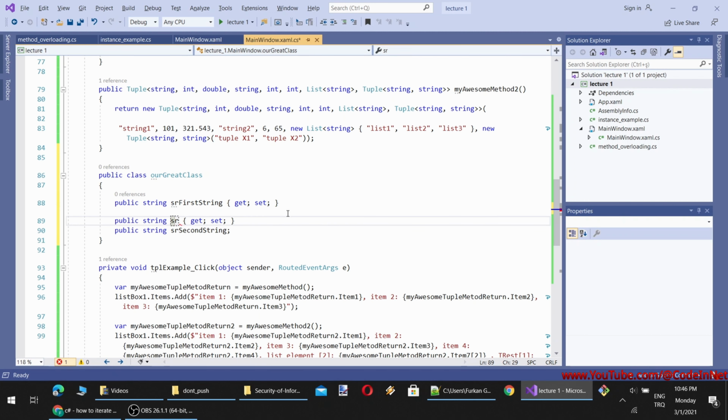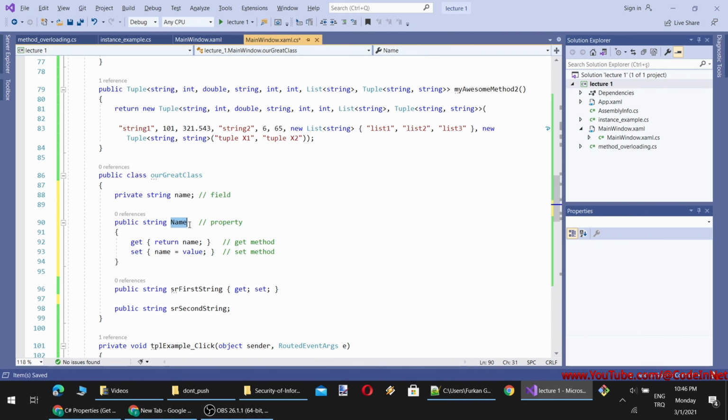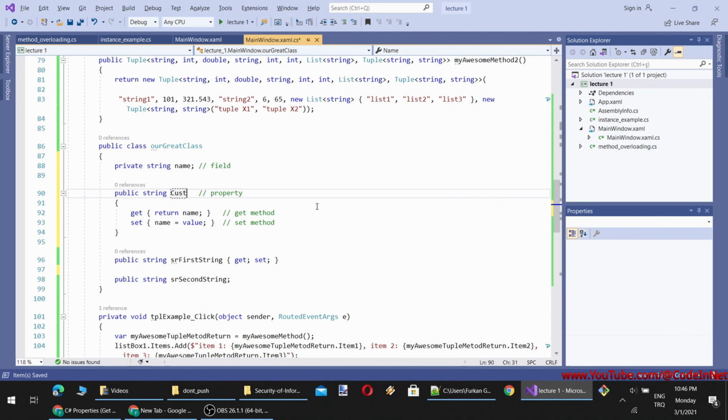So I will write this custom property. Okay, and get and set are for how custom properties work. We have to keep a private variable like this, which will be only accessible within this class.